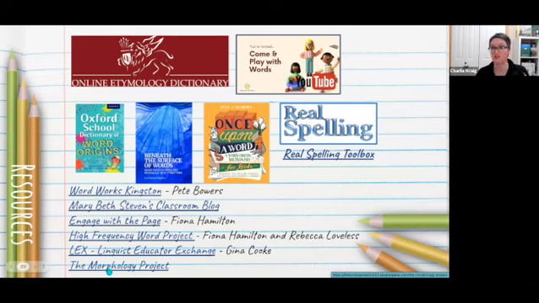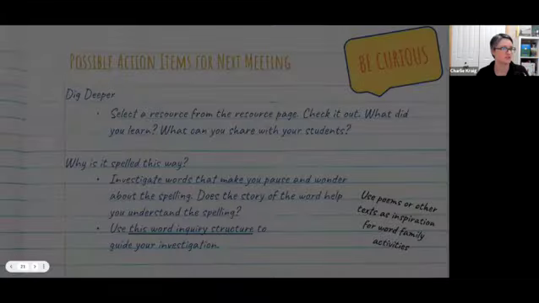This morphology project is new. You have to put in your email address, but they've built a bunch of slide decks that help highlight different prefixes and suffixes. Please, for the love of all that's holy in the world, do not just put it up as a slide deck and read every prefix to your students and call it a day. No one thinks that's a good time. But it is a great way for you to build your understanding and perhaps highlight and go on word hunts for specific words that are matching those prefixes or suffixes. So use it sparingly. I'm passing it on to you as trusted educators who will make informed decisions with the resources that we share. Have fun.